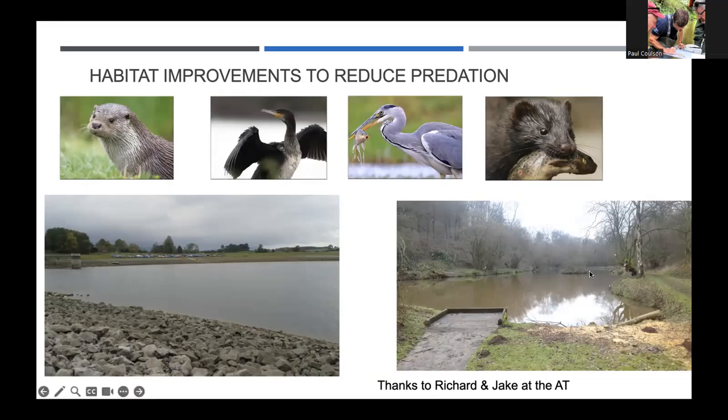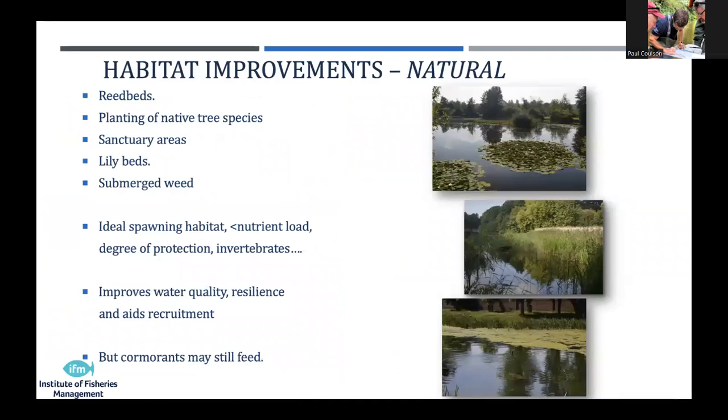Particularly you've got a lake like this. They've taken the trees down, cut a lot of the cover down, because the anglers were complaining, or they couldn't fish to it, or they were getting the tackle stuck in the tree. So we've taken all the branches off, or we've reduced the cover. Next thing you know, the cormorants are in and they're having a free meal. And then they called Rich and Jake, and they go, "Oh, you need to put some cover in, or you need to string it, or whatever," and they'll lose that value that they thought they were bringing to the water. I've really just picked out what the guys are promoting around natural habitat improvement and the benefit from an anti-predation point of view.